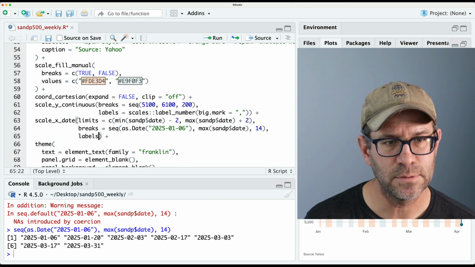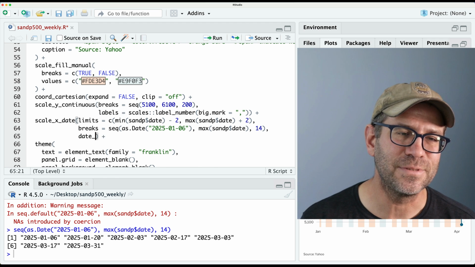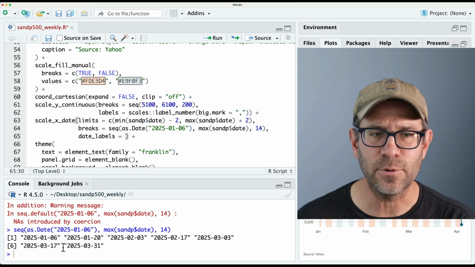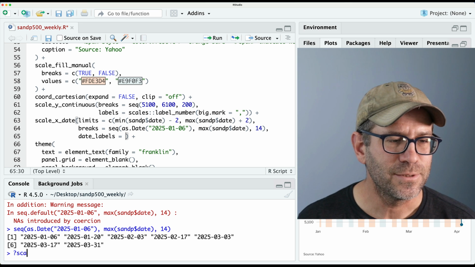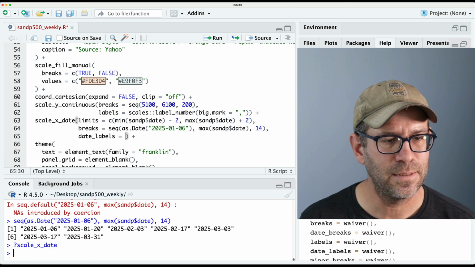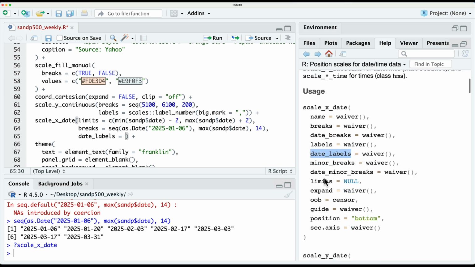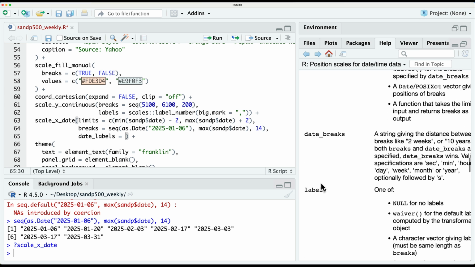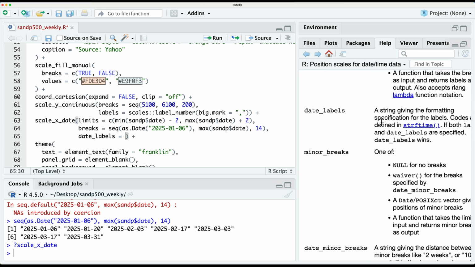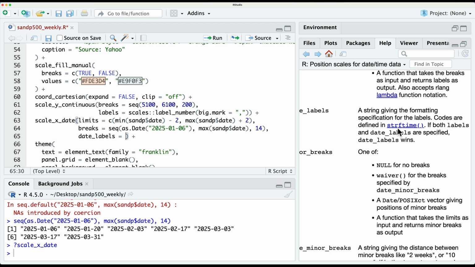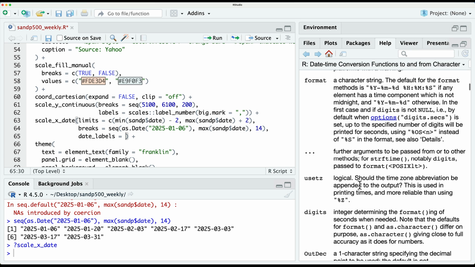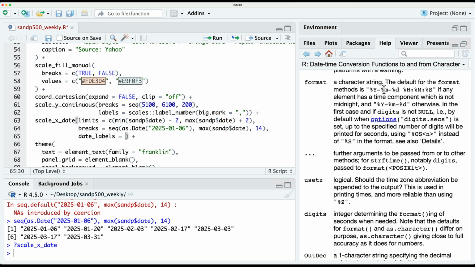And then our labels. So actually, I'm not going to use labels. I'm going to use date underscore labels. And so there's special formatting that you can use to label the dates, and I never remember them. So let's look at the help, scale X date. And we can see that there's date labels here, right? And so if I scroll down, let's see the help for date labels. And so it says a string giving the formatting specification for the labels. Codes are defined in strf time. So I'll click on that and let's scroll down, and we can see that in format, it's a character string